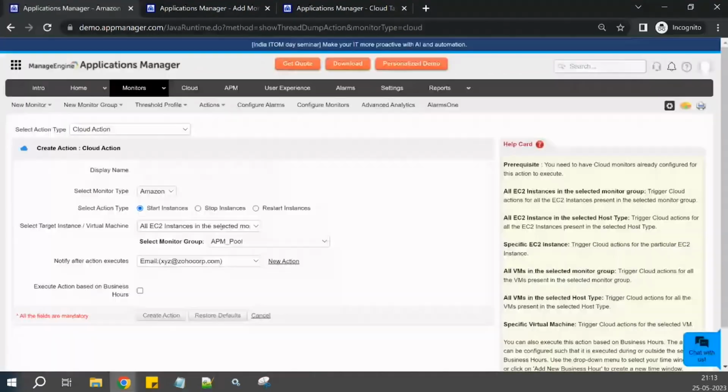In the cloud action, we are just supporting the respective types. In case you want to start, restart or stop the Azure or AWS VMs, then for Amazon it's EC2. If you want to restart a particular EC2 instance whenever a particular service is going down, or if the CPU is getting high, you can select those EC2 instances here, and you can create this